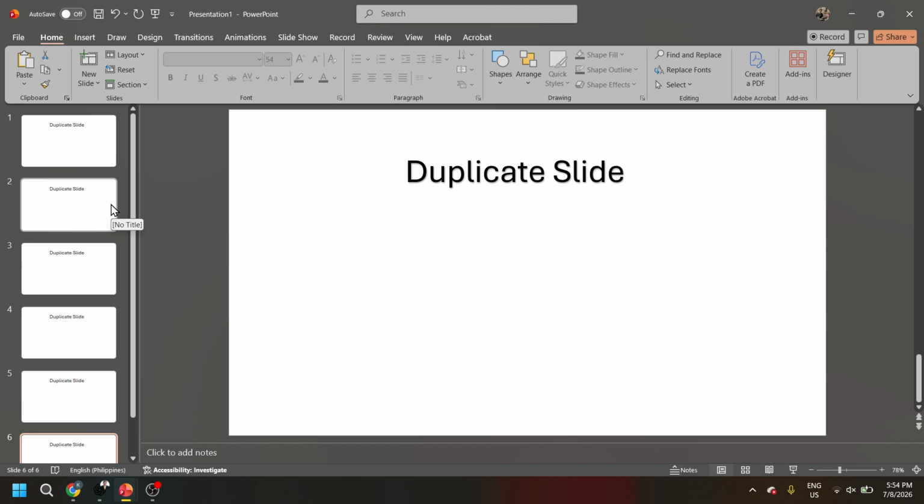A useful tip is to duplicate a slide before making major edits when you want to preserve the original version. That way, you can experiment with a new variation while keeping your first slide intact. It's also a great way to create template-style slides within the same presentation, and that's all it takes to duplicate